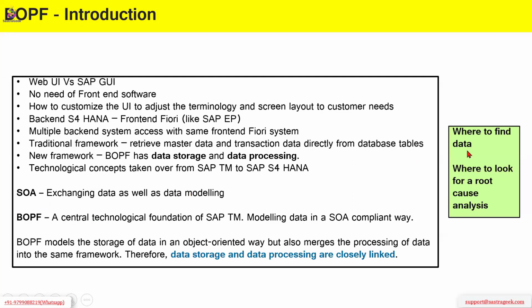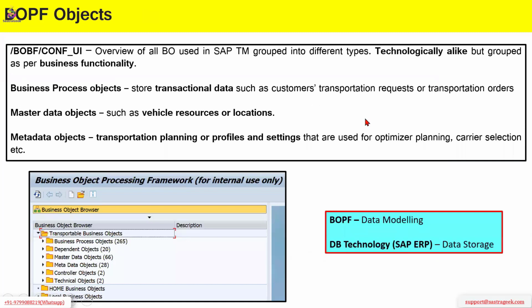So where to find data? Typically, when developers debug, or even a functional consultant when they debug, where to find the data and where to look for root cause analysis, that's the main thing which will bother us. So obviously there will be a transaction code where all the BOPF action will take place, and that transaction code is /BOPF, or we can put /n in front of it,